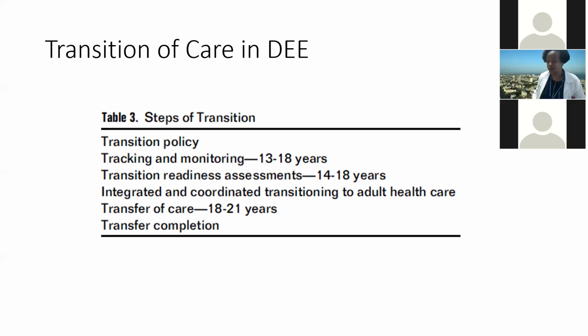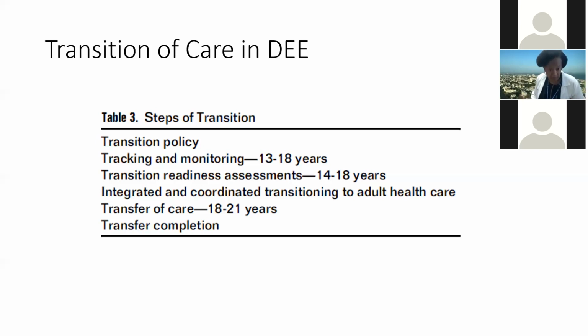That process with the family should not be started when the patient turns 18, because if the patient has an emergency, who is going to speak for this patient? We need all these elements in place by the time the patient gets to 18. Who is the next of kin? If the parents are not there, who is the next person? We need to know that by the time they turn 18.